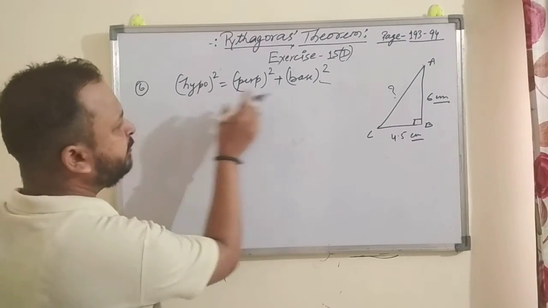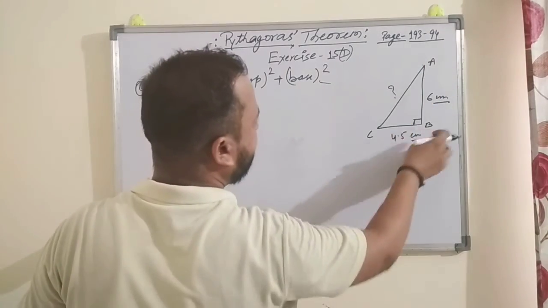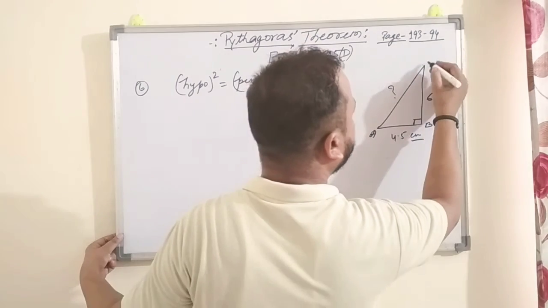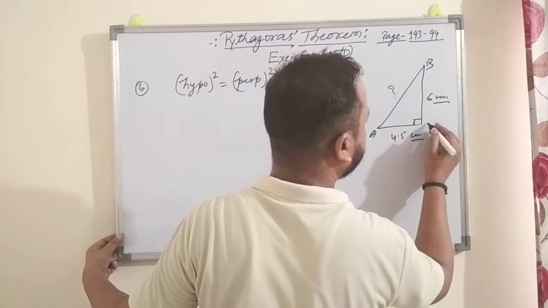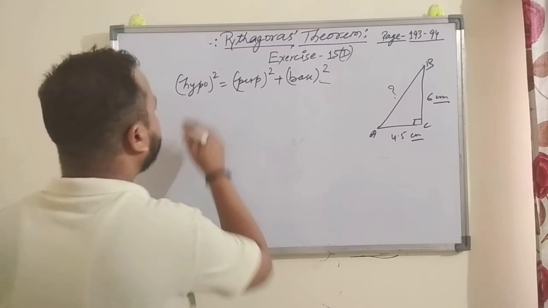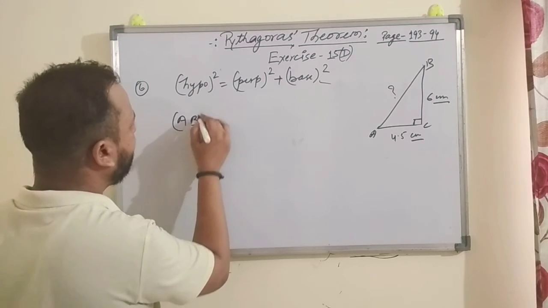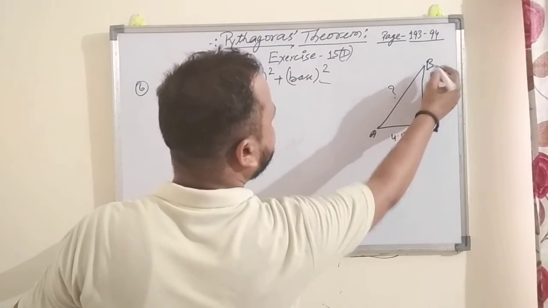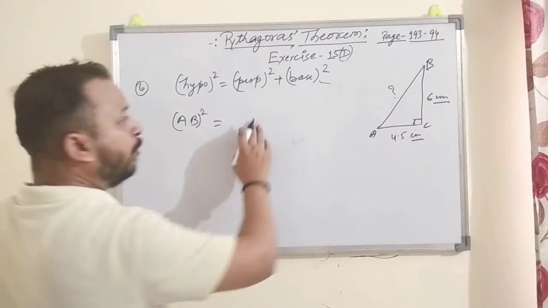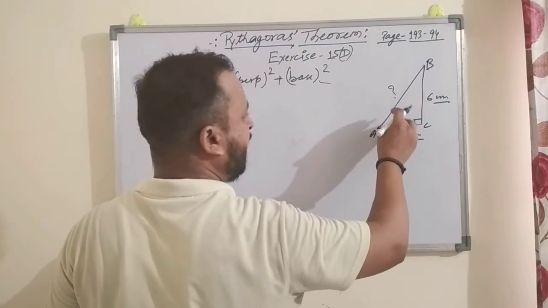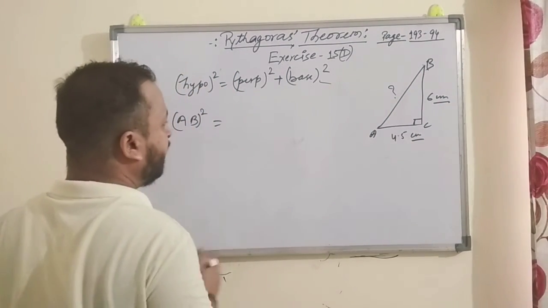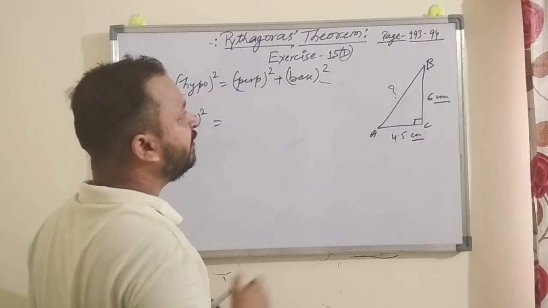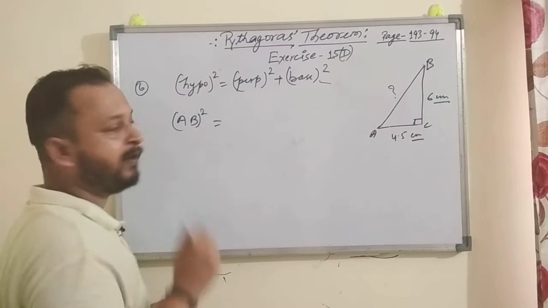Name them by hypotenuse. I have taken here ABC. Suppose I have taken here as ABC, or I can also write it as ABC. So here the hypotenuse is AB square, which is equal to perpendicular square plus base square. You can take perpendicular as either of the sides, because it depends only on the angle which is taken. We have discussed this part when we discussed the Pythagoras theorem in the earlier video.